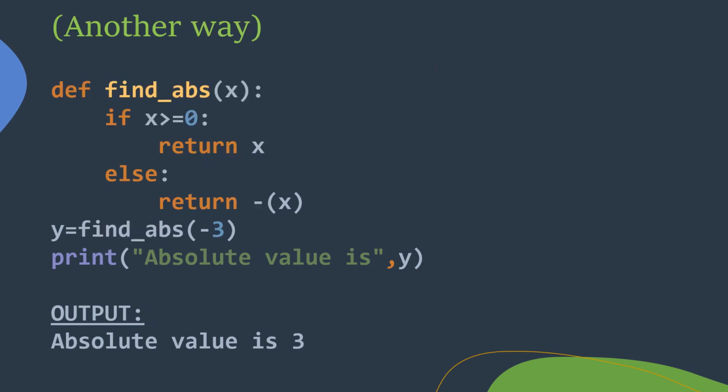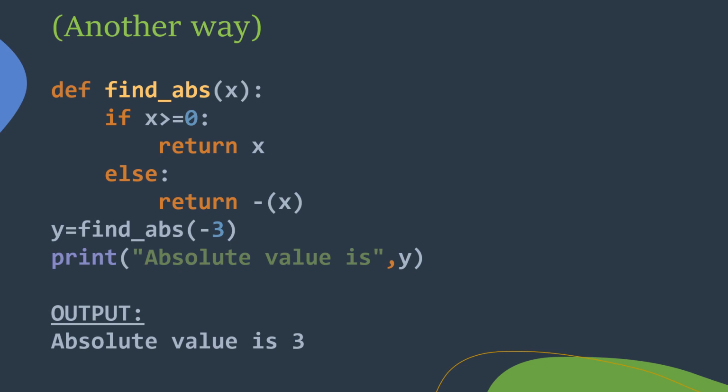Now the same program can be done in another way. In the previous program, we just used the abs function, but here you can use an if else statement to carry out the task. So I have defined a function, let's say find_abs, with one parameter x. It will check if x is greater than or equal to 0, it will return x, or else it will return -x.